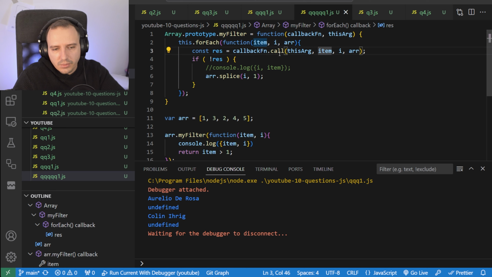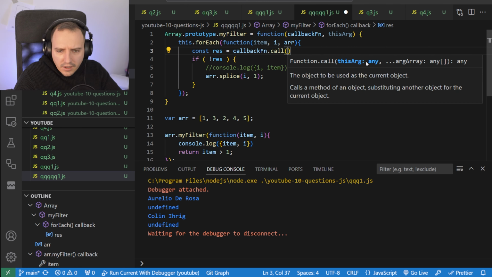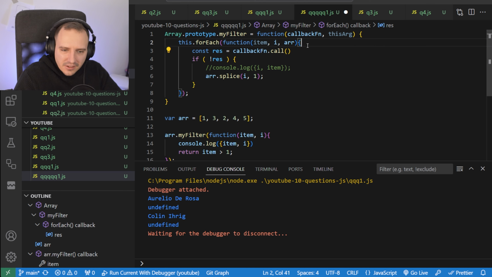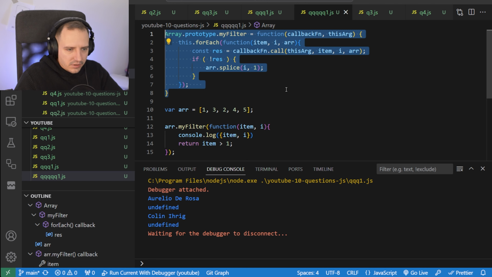and I didn't notice that this was a mistake, because if I were to, where is the definition? I don't know why it doesn't show it. It should show it. So if I do the call method, so see, it says the args array any, but it's this structure. I mean, it's spread, so you need to spread the array. So it was almost correct, but this is what I need to do, right? And this is the correct way. So this is the final solution right here.